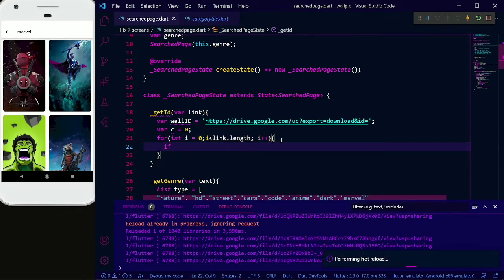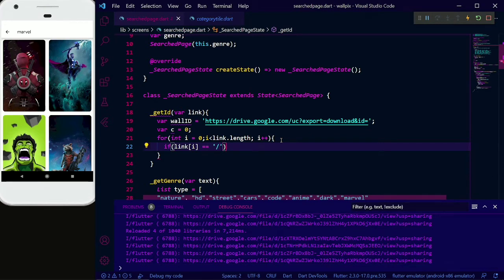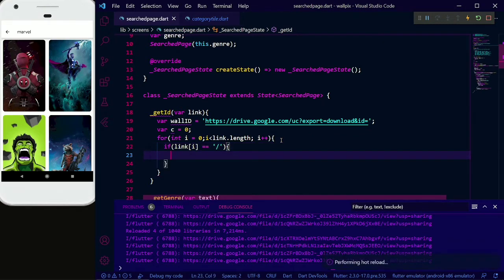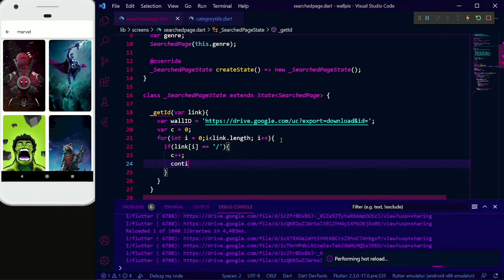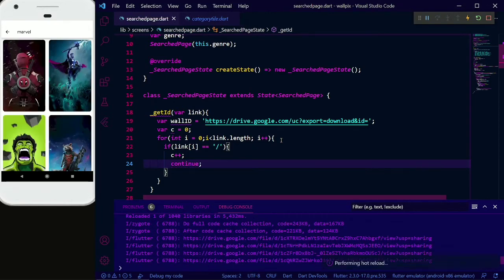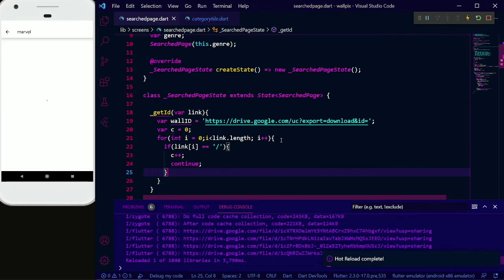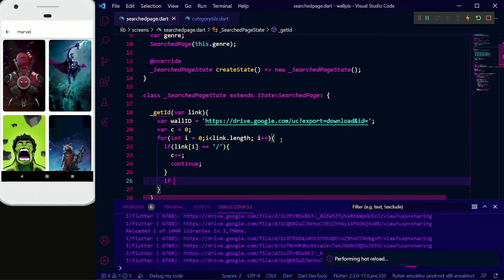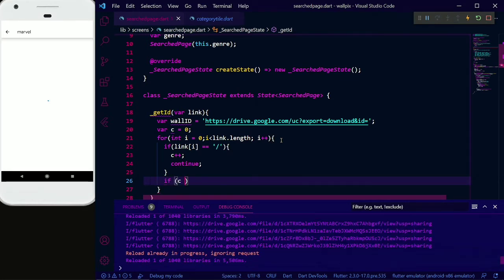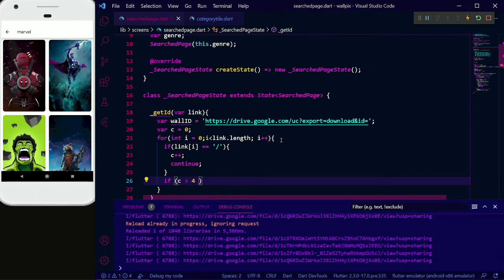If link i equal to slash, then c plus plus, and we will continue. If c is greater than 4 and c is lesser than 6, then that part is our id.